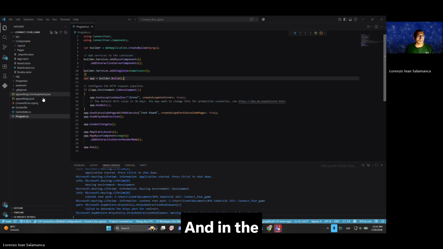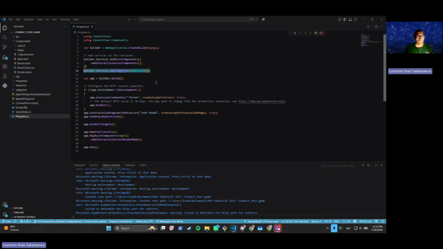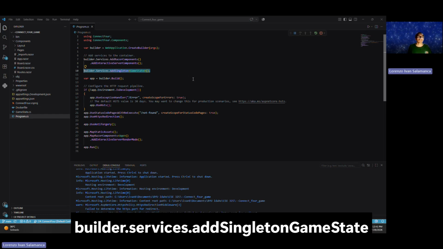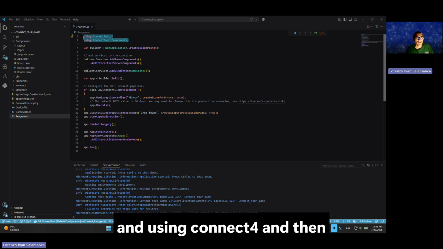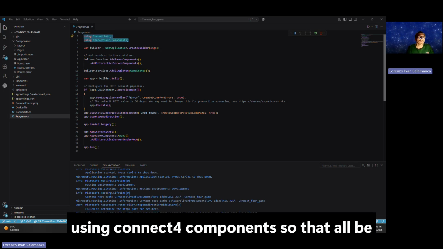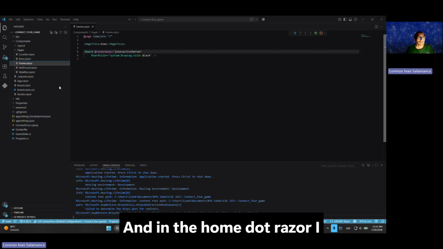And in the Program.cs, I just added builder.Services.AddSingleton GameState, and using Connect4.Components so that all is connected. And in the Home.razor, I added